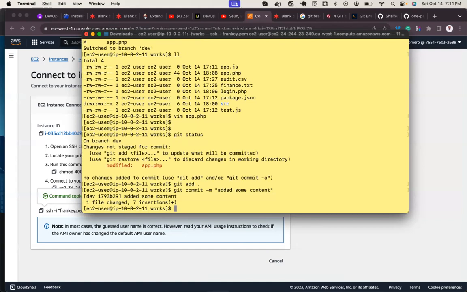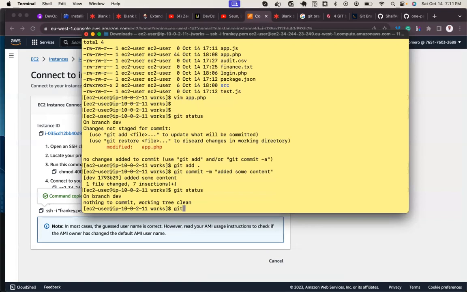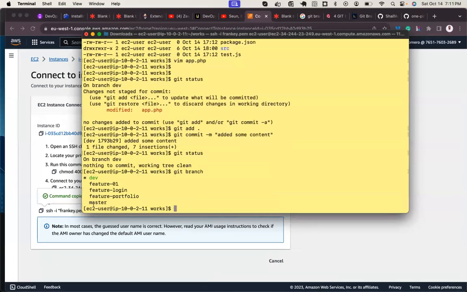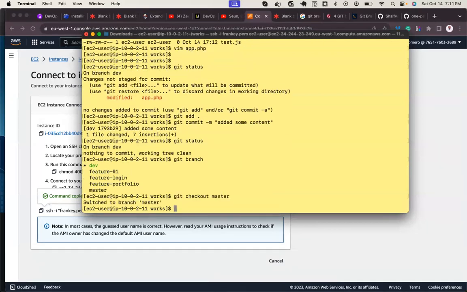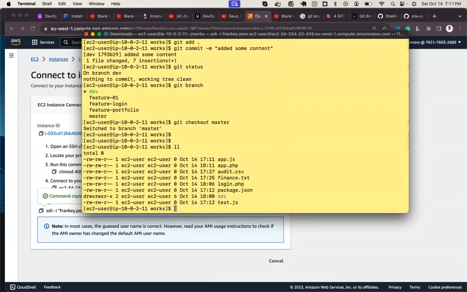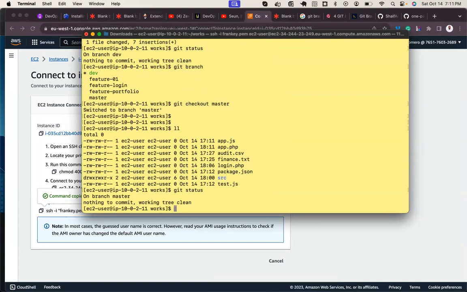All right. Git branch. This is dev branch. Now I will switch back to master branch. Git status. Everything is clean.